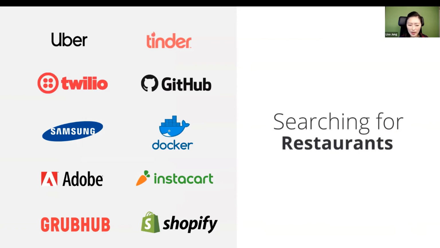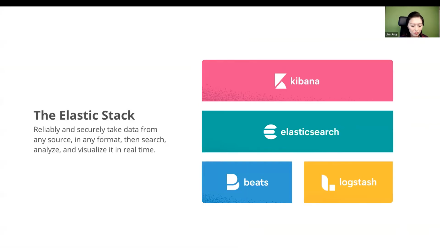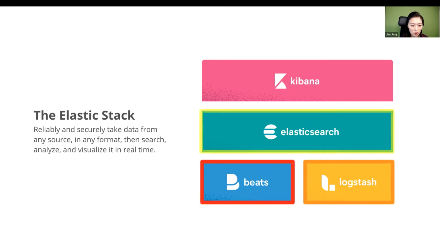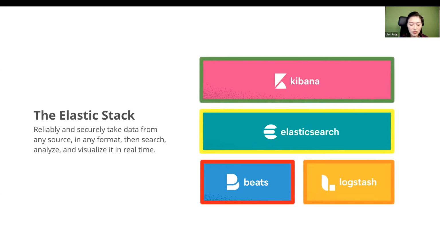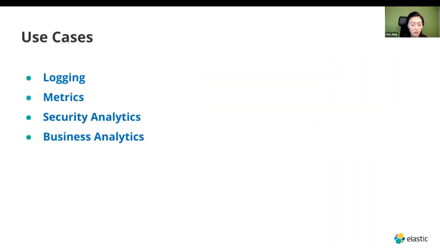So what is the Elastic Stack exactly? If you're a developer working with data, the Elastic Stack is a great tool to have in your belt. It consists of Beats, Logstash, Elasticsearch, and Kibana. With the stack, you can take data from any source in any format, then search, analyze, and visualize it in real time. Some of the most popular use cases for the Elastic Stack are logging, metrics, security analytics,